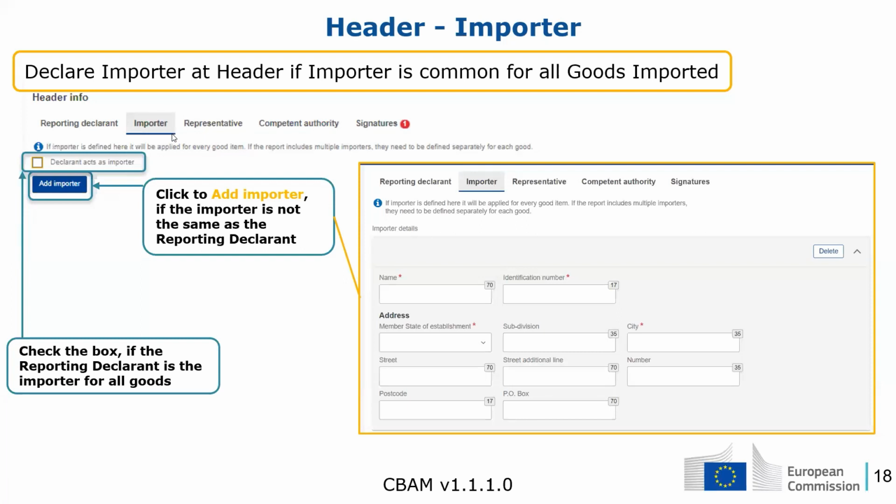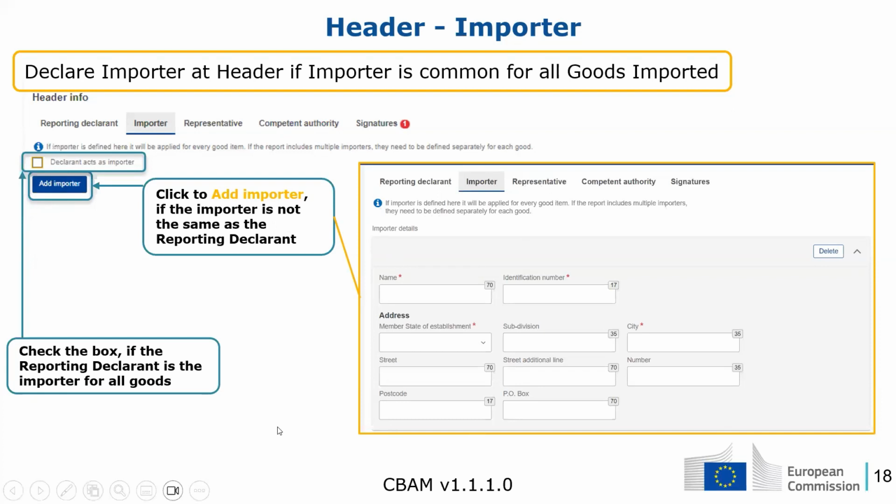If the declarant acts as an importer, then it is possible to check this box here so that the details are transferred in the importer page automatically. If the importer is different than the reporting declarant, then we can press the Add Importer button, and the importer details will be displayed in order for us to fill in all the information needed.